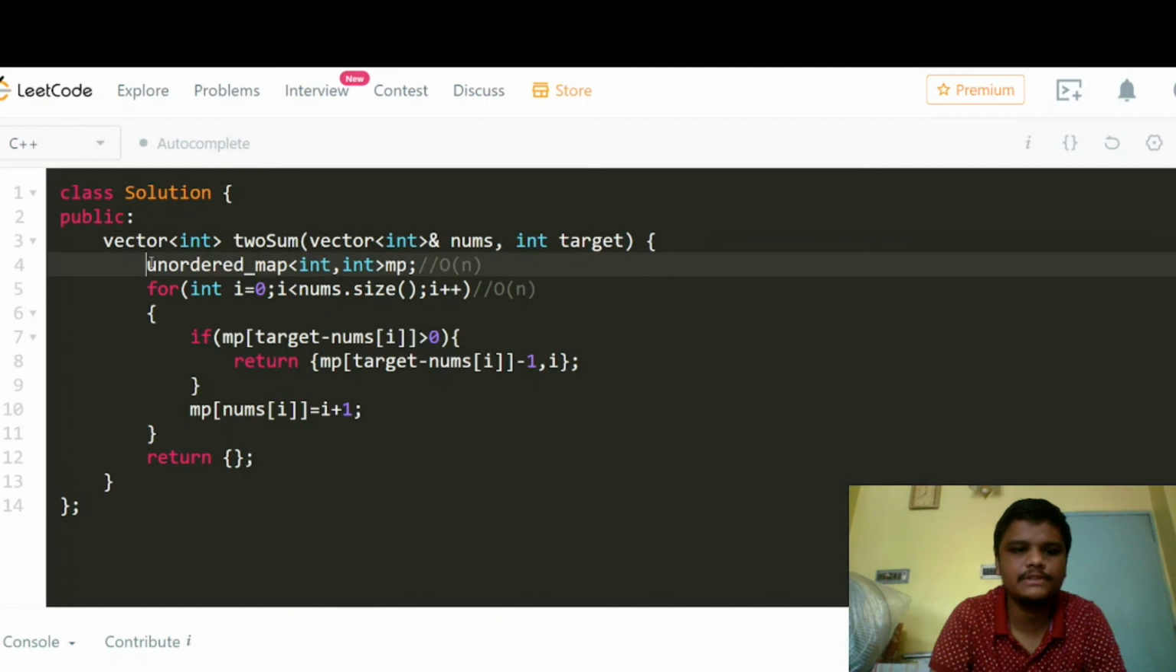So over here we have at first taken another map, which contains an integer as key and an integer as value, and the name of the map is MP. Now we are traversing through the loop, where I is starting from 0 and going up to nums.size minus 1, and I is incremented by 1. Now inside the loop we are checking whether MP of target minus nums of I is greater than 0 or not,